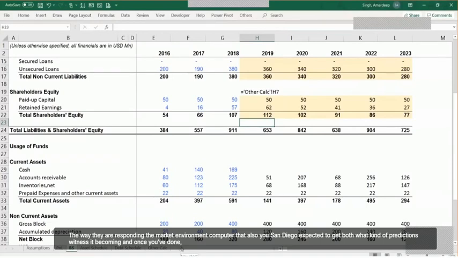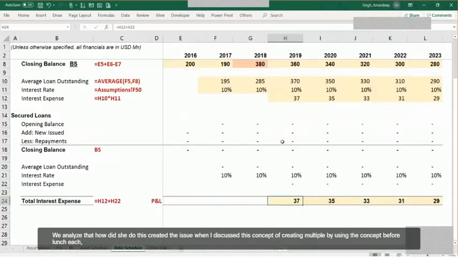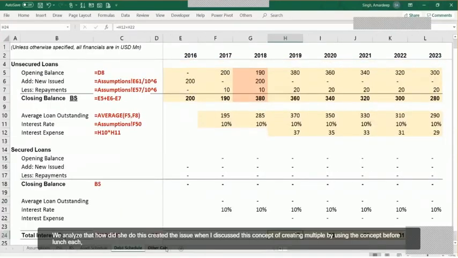And once you have done that, once you've taken the base data for the future projections, then you use them for creating revenue drivers, operating cost drivers, and the capex schedule to be able to work out the fixed assets plan, and finally the funding structure, which covers your debt and equity. So this was the last sheet that we worked upon, wherein we analyzed how the debt schedule is created and how the equity schedule is created.